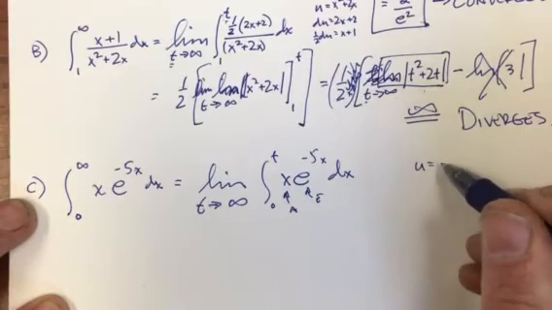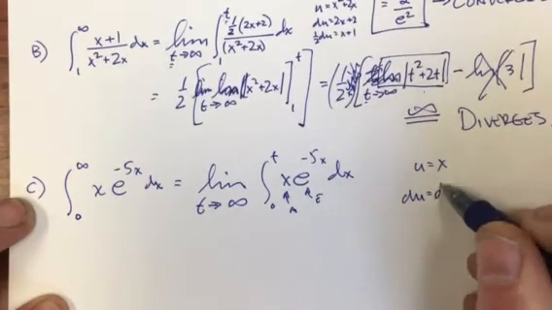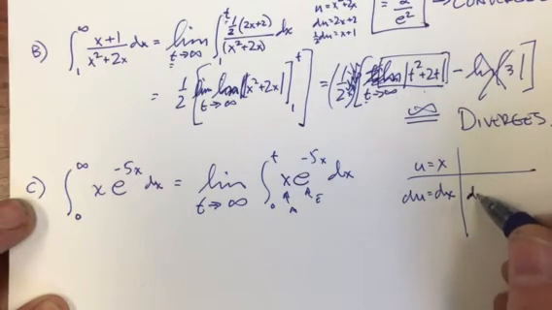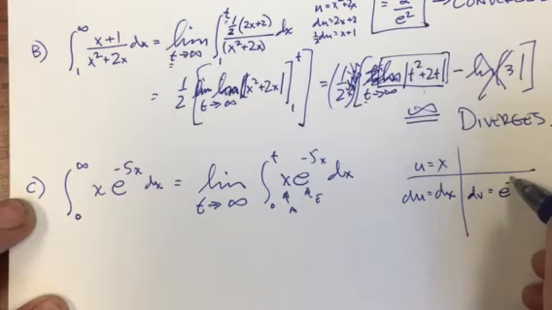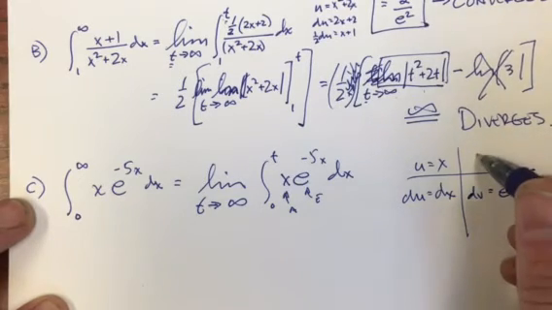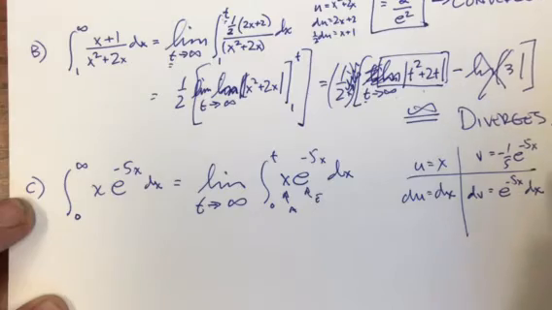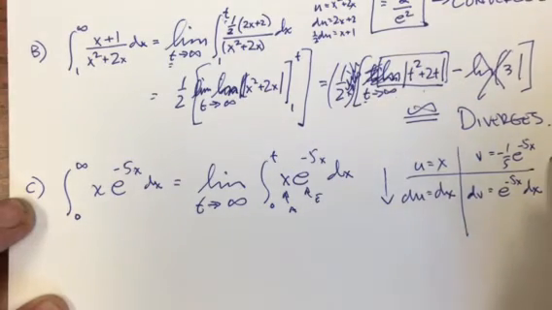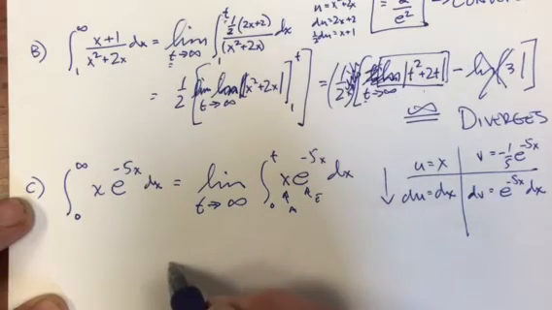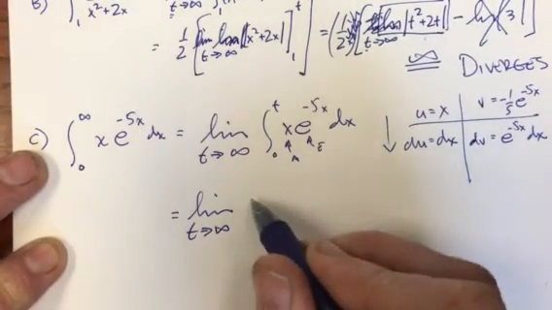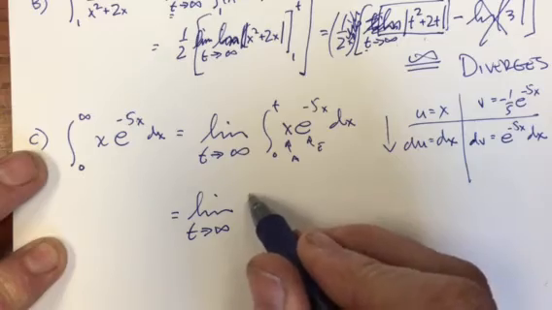So I've got u is equal to x, and du is equal to dx. If you can do this in your head, that's great, but this is one that maybe is a little bit tougher. dv then is equal to e to the minus 5x dx. And then v is going to be equal to, let's see, minus 1/5 e to the minus 5x. So going down this way and going up that way keeps that all square. And so this then is equal to the limit still as t goes to infinity. And now this will be